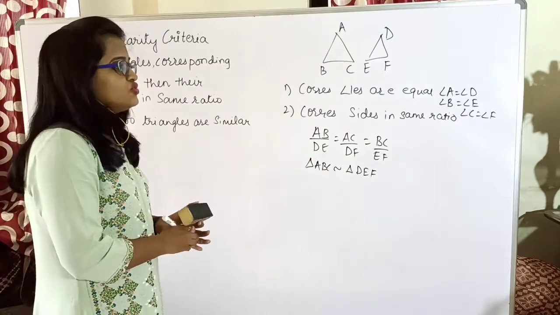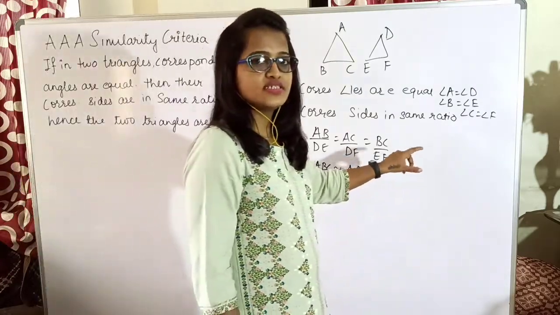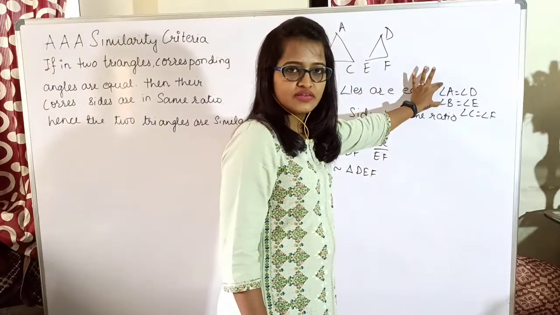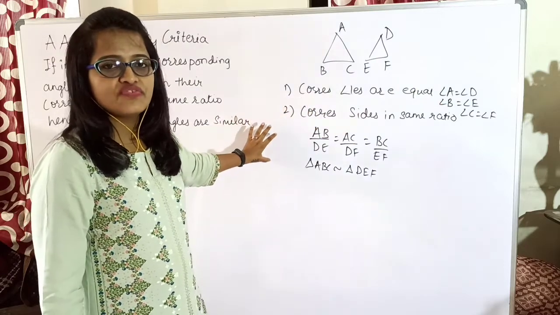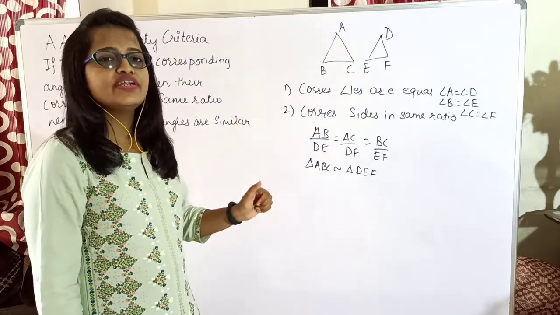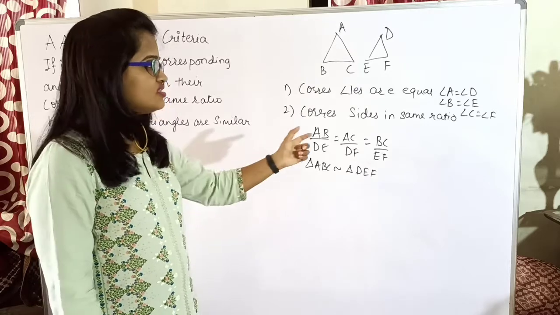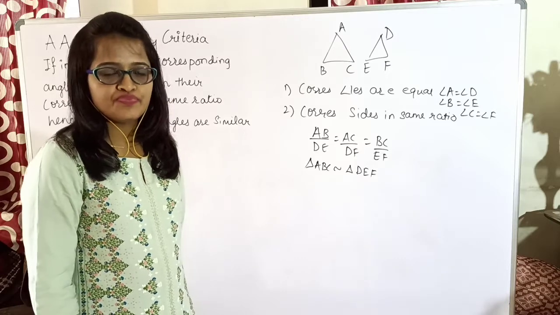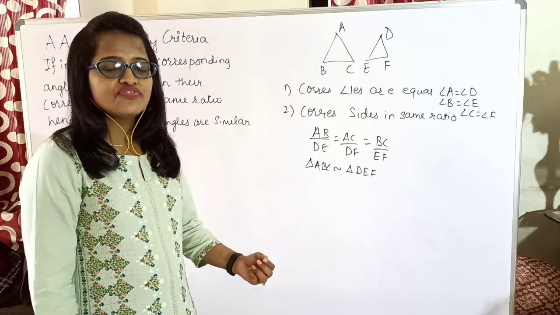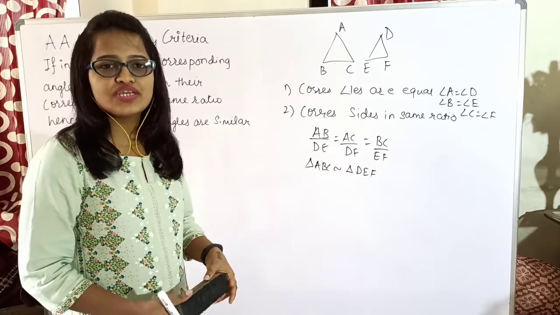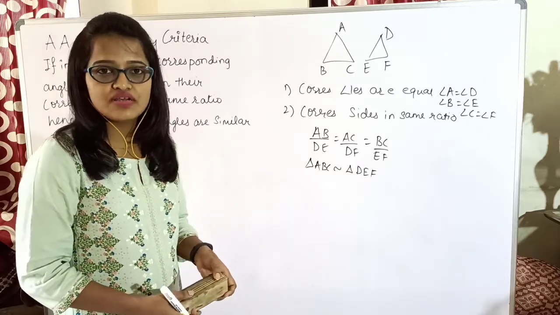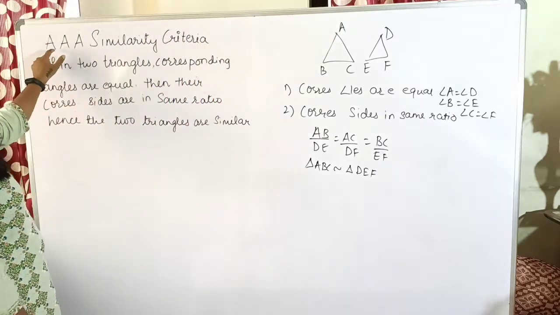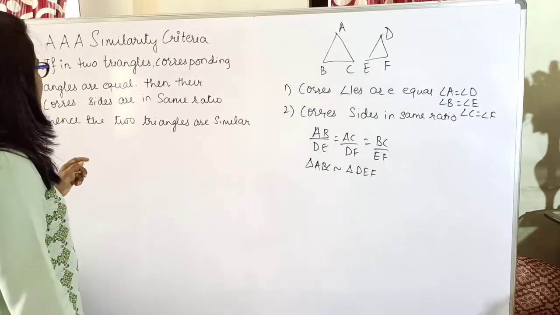But do we need to check all these six criteria always to show any two triangles to be similar? Here are the three angles criteria, whereas here is the ratio of three sides criteria. Every time you are not supposed to check all these six conditions to show any two triangles similar. So there are different criteria depending upon which we can say whether two triangles are similar or not. And in that, the first criterion is the angle similarity criterion.